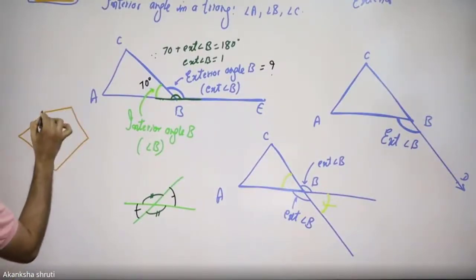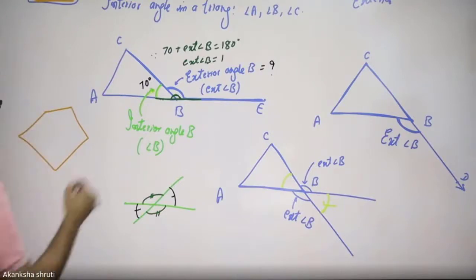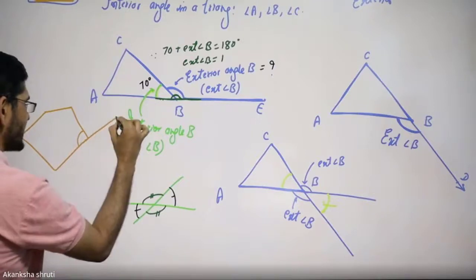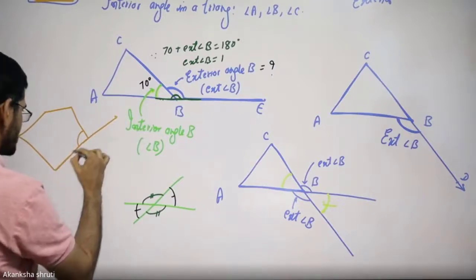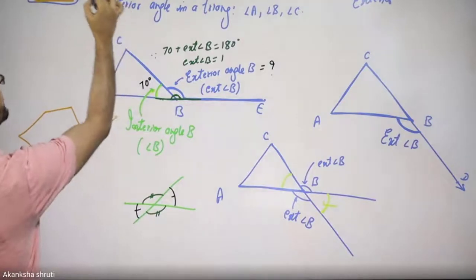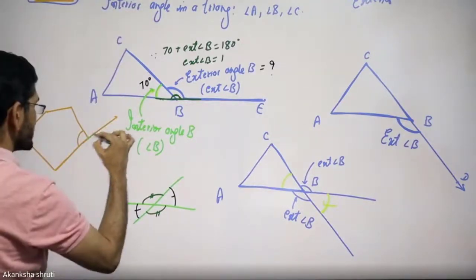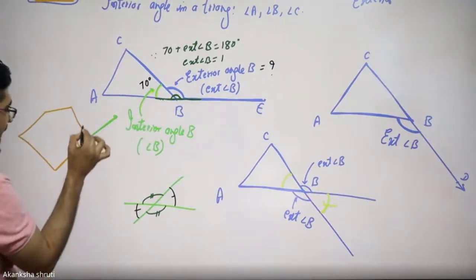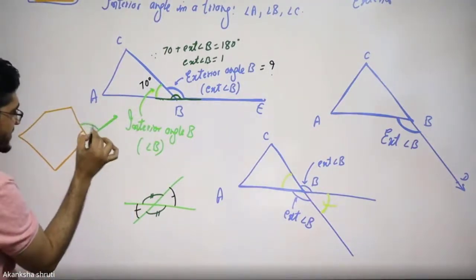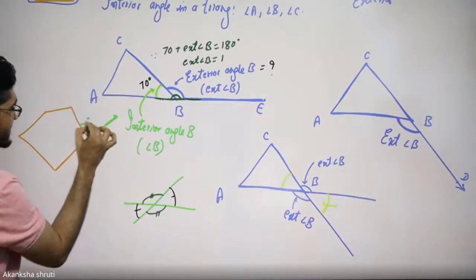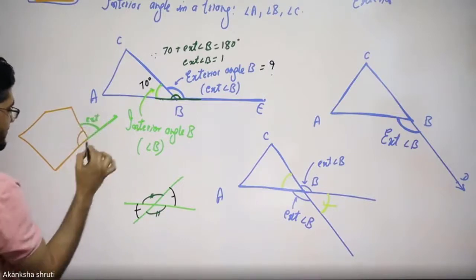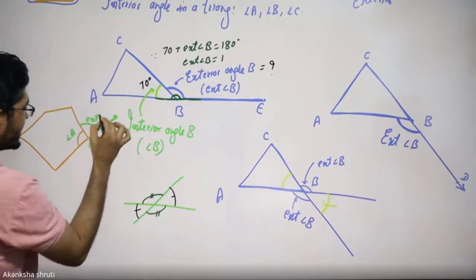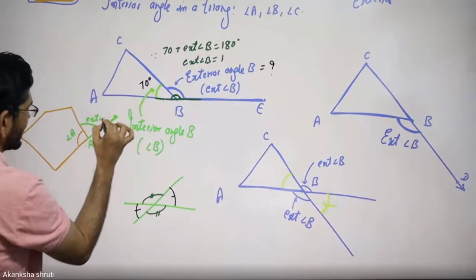Whether it is regular or irregular, that doesn't matter. Then this is the internal angle. If I am extending one of the sides, this was the side, and I have extended it this much, this is the extended part of this side. Then this side and the extended part act as the external angle. If I consider this point as A, then this will be the internal angle A, and it will be denoted as external angle A.